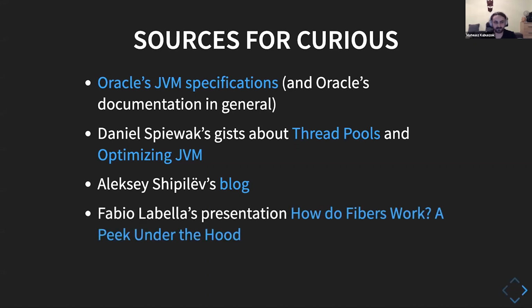There was a great presentation by Fabio Labella about how fibers work and what is happening underneath in Cats Effect IO to do all those nice things that we are relying on, and how it translates to those low-level things. Definitely recommend. And if you are very lazy and you don't want to look at the resources, I compiled a lot of things in my own book. But it's just a saying, this is nothing that you cannot find anywhere on the web for free, just a compilation of stuff so that you have it in one place. I will publish this presentation later online, so everyone interested would be able to find the links there.